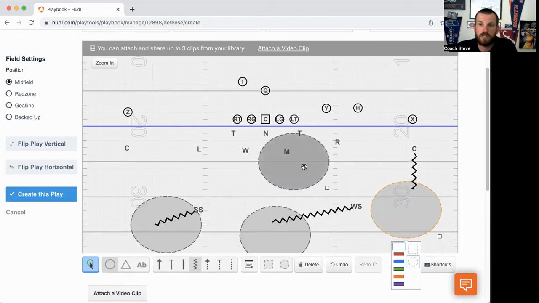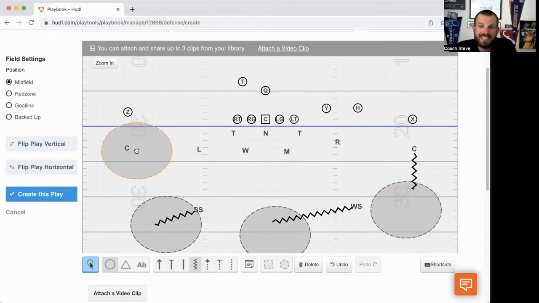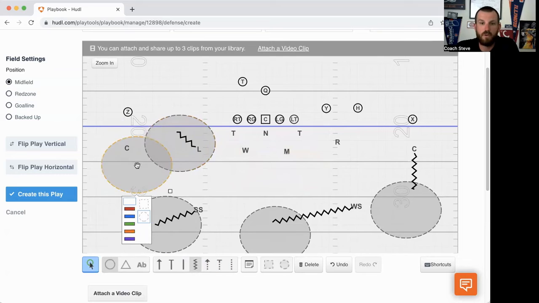Now your corner on the single receiver side, you can do one of two things. They stay covering the flat, or you could man up that guy in your cover three. So it could be an automatic check. I've been around where we've called it Raven, where it was a check to cover three, and he could be manned up on the single receiver side, knowing he's got over the top help in cover three, which then lets this laser know he's covering more of the flat instead of deep,